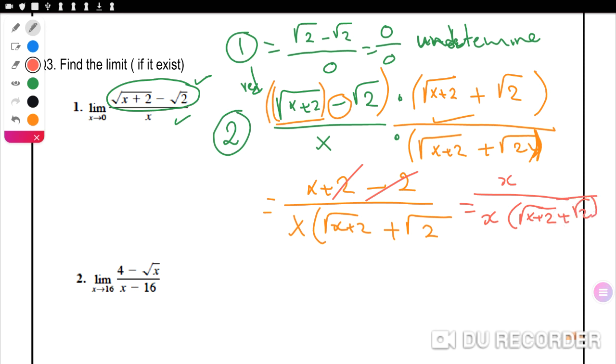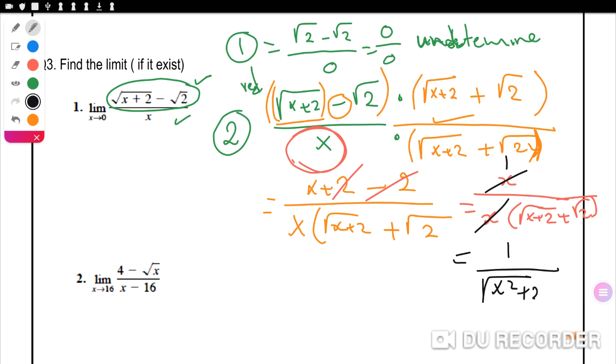Then simplify. I simplify the numerator and the denominator. But don't forget to cancel the common factor between numerator and denominator, the factor which makes the denominator 0. Here x in the denominator gives you 0, but it appears in the numerator and denominator. I will cancel this one as you see here. Divide x by x, it will be 1. Don't say 0. It will be 1 over